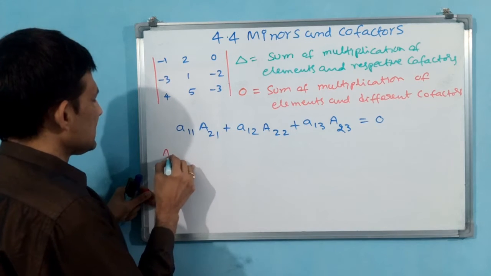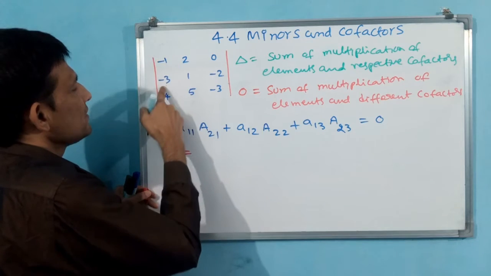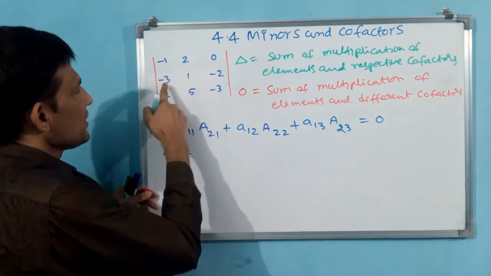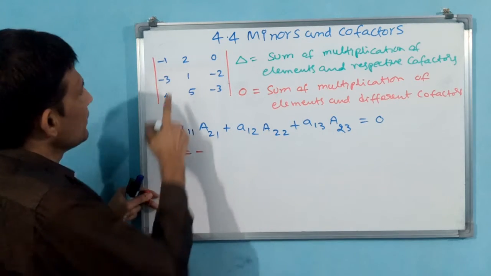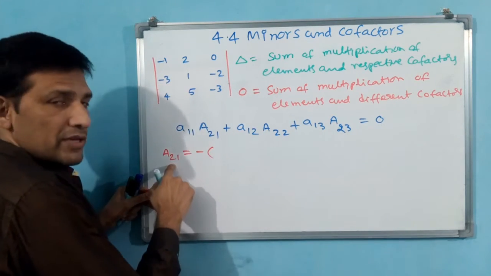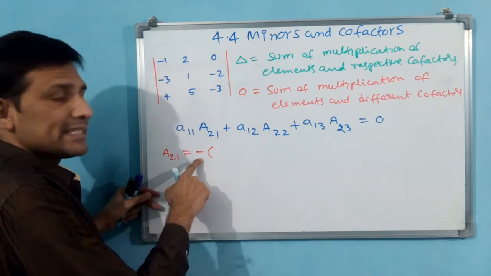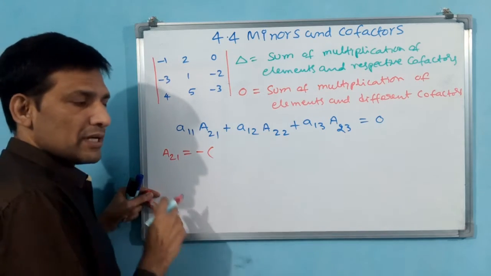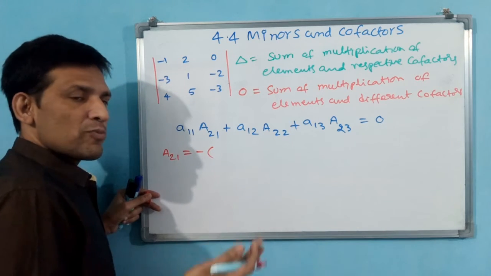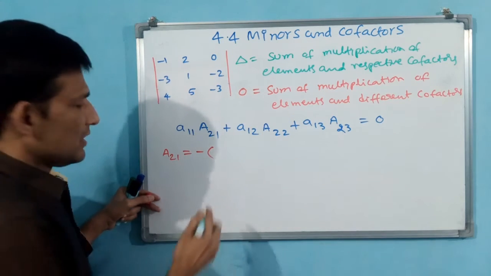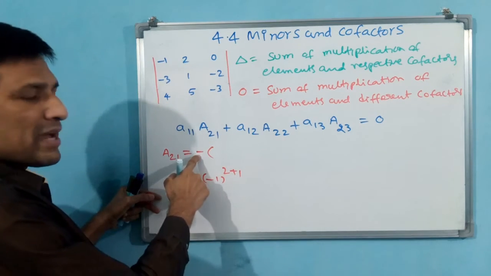Write down A21. A21 is equal to, see, second row first column. Now you see, second row first column means what will come? Minus will come. Why? Because of minus 1 power 2 plus 1. Minus will come. That is why I have written directly minus. But you don't write directly. You have to follow the procedure, minus 1 whole power 2 plus 1. Like that you have to write. Minus 1 whole power 2 plus 1 means 3. 3 is an odd figure. That is why minus will come.